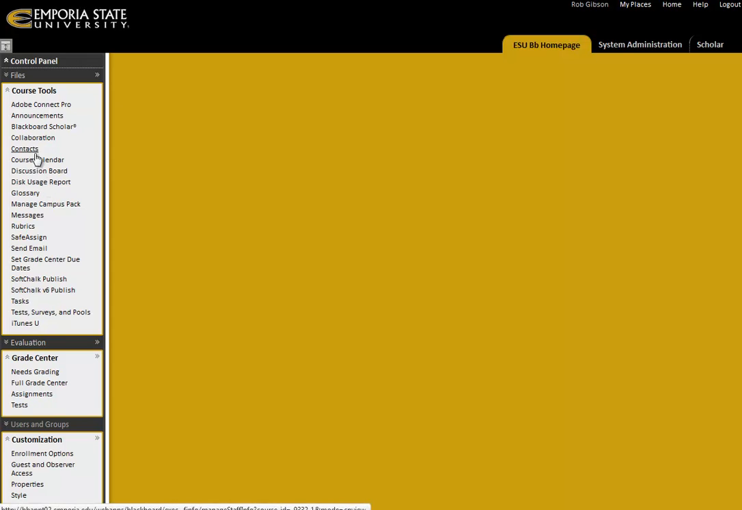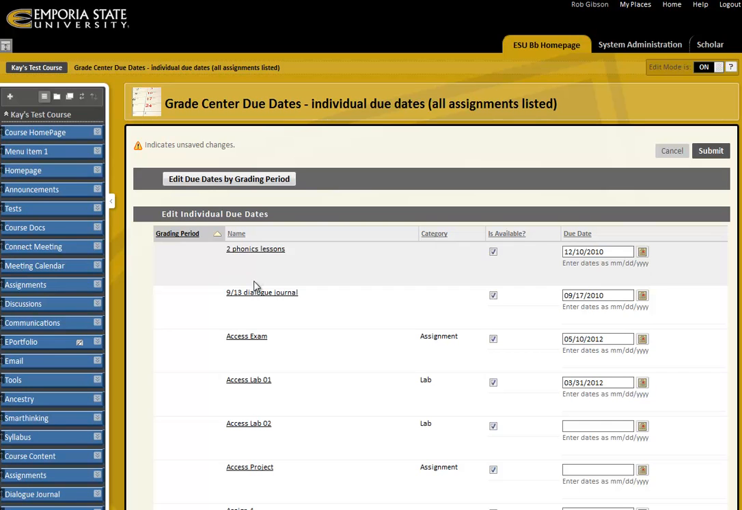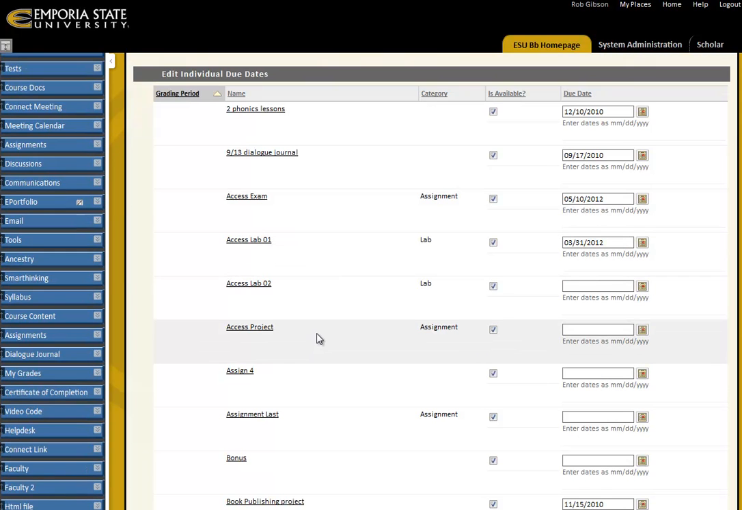And over on the left hand side under my course tools, you see there's this option called Set Grade Center Due Dates. And this is the tool that we're probably going to install. Let me click on that. And this is what appears. This is really nice because what it does is it brings up all of your assignments and other sort of categories, labs, those types of things,